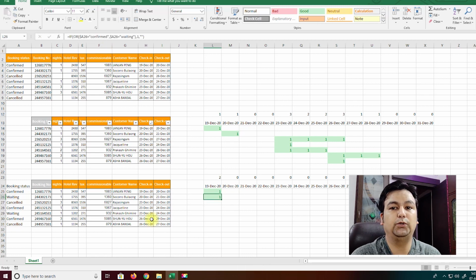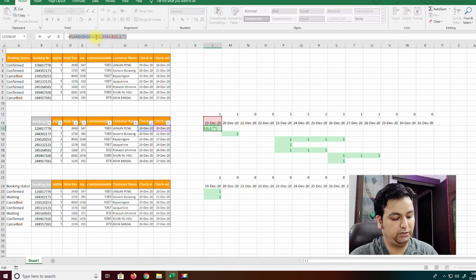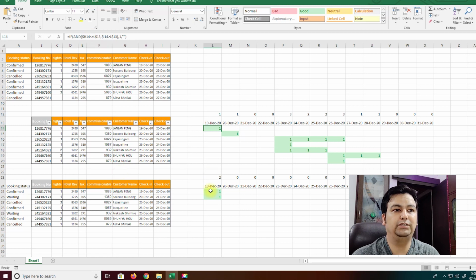I'm probably sorted, but it has not brought my reservation into the exact date column. What I can do is, in the formula where I have value if true as 1, I'll go back to this formula and I'll copy the entire formula except the equal to sign, press Ctrl C and Escape, and come out of the cell and go back to this formula.